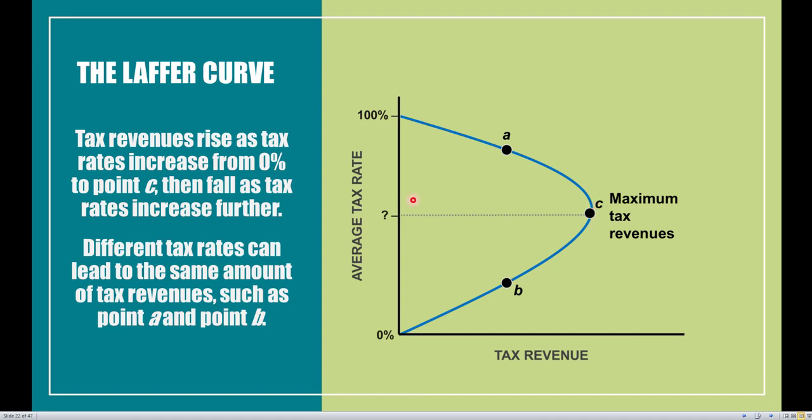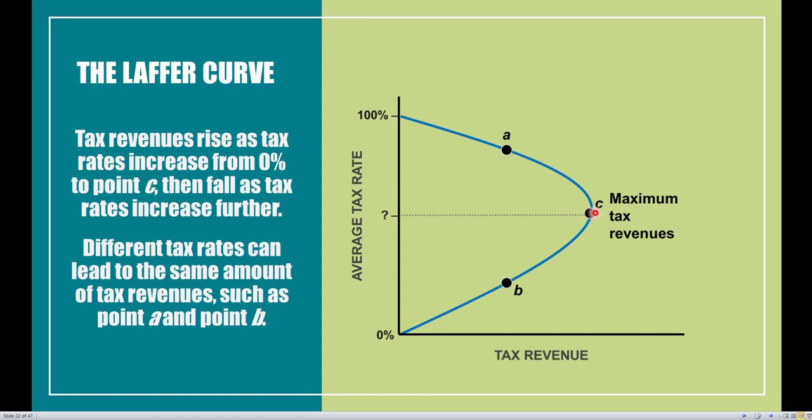But do we know exactly what the best or optimal tax rate is going to be based on the setup that we have right here? Can we say that it's 50%? Can we say it's 40%, 30%? Is it 80%? And the answer is we don't know what the optimal tax rate is. Based on the setup that we have right here, we can only say for sure it's going to be in between 0 and 100%.